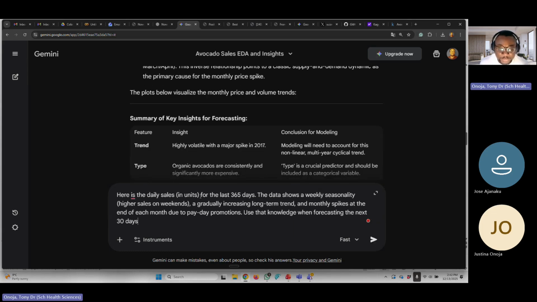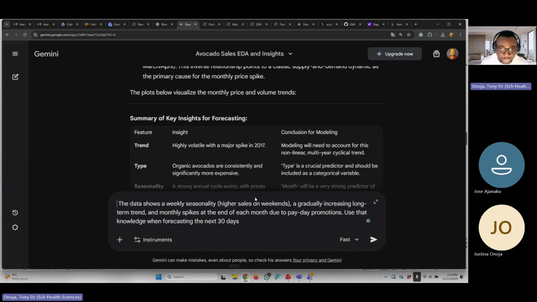So we are going to say, here is the daily for the last 3. We don't need this because we're already giving it the data. So we don't need that first part of the prompt. The data shows, so from the EDA